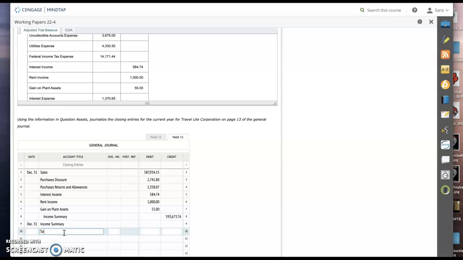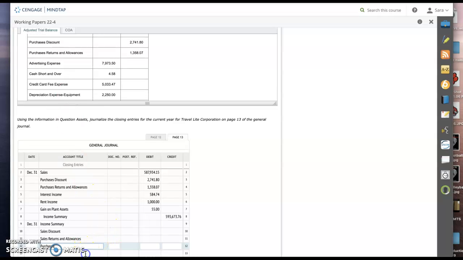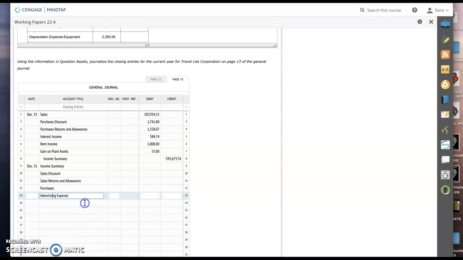So sales discount, sales returns and allowances, purchases, advertising expense, cash short and over,